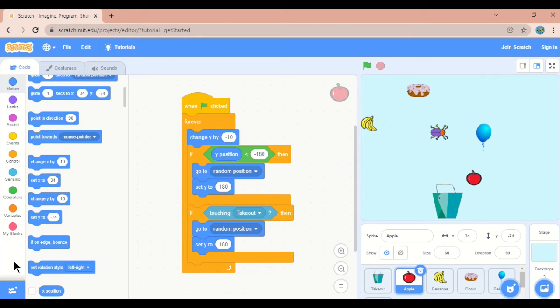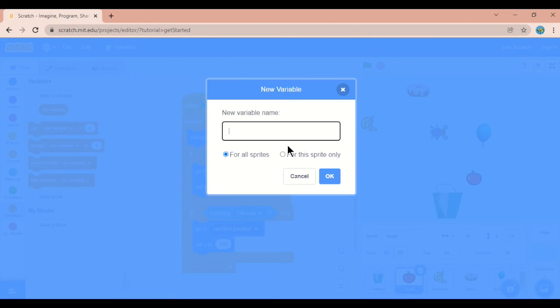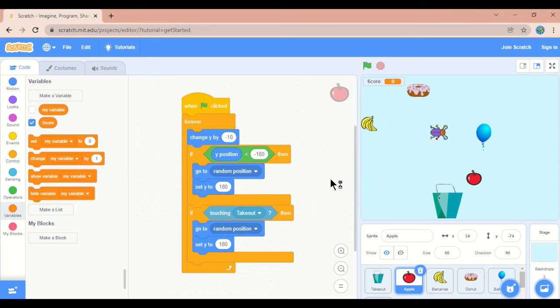Also the score should change by 1, but we haven't created the variable score, so we will create it now. How? You will go to variables, click on make a variable and type the variable name score, select OK. We want to set that variable to 0.